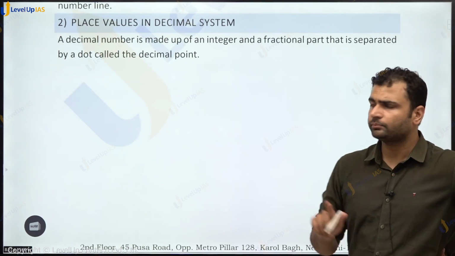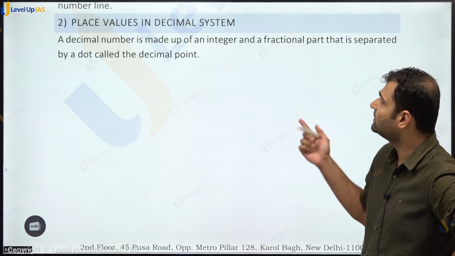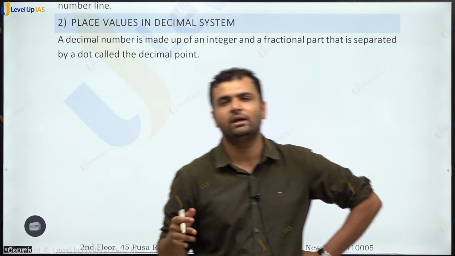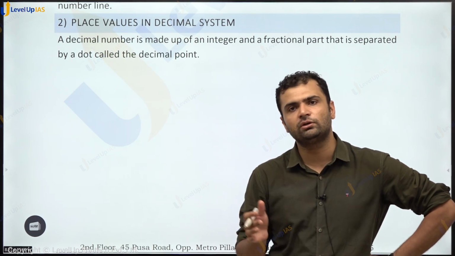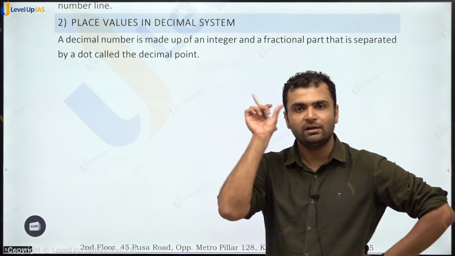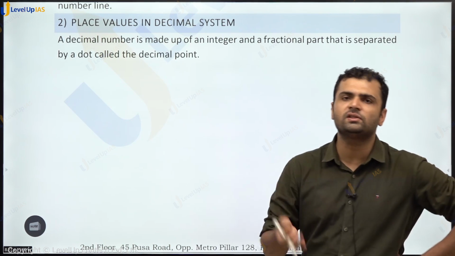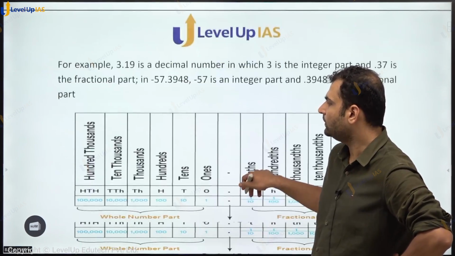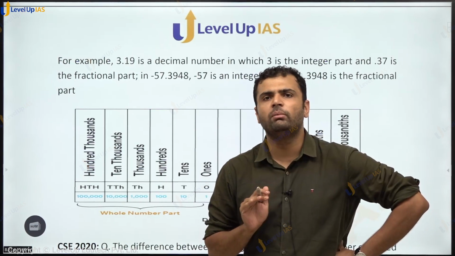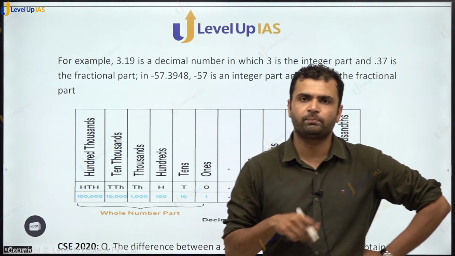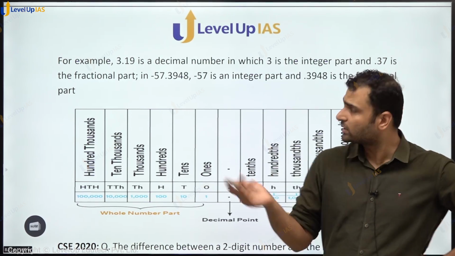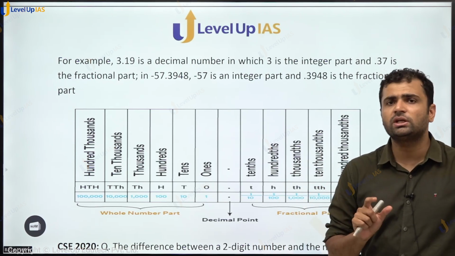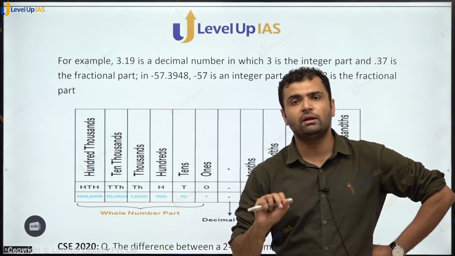Next is about place value system in decimal system. So decimal system is what we use. We have symbols from 0 to 9, and to write the next number we use 10. So base 10 is what this system is all about. This is the system that we usually use. We are talking about that only. So here, whatever number we write, be it an integer, a fraction, or a decimal number, every location of the digits has its place value.